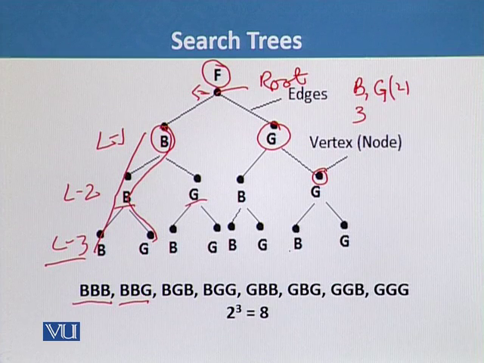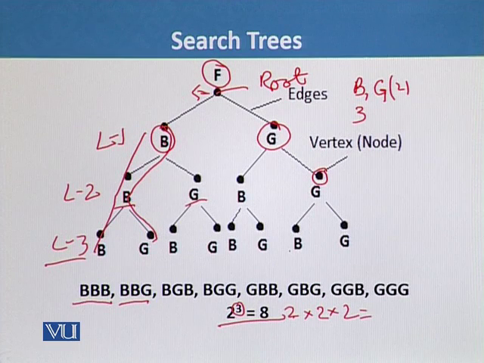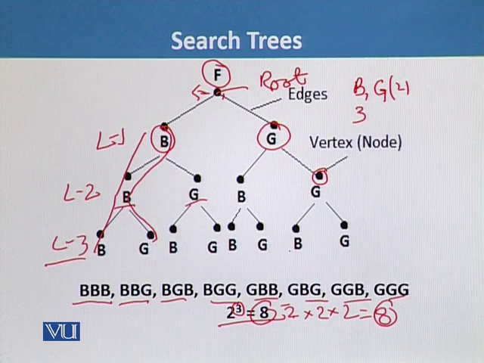We can calculate the total number of probabilities from this formula: 2 for boy and girl, and 3 for the levels of the tree. So the total will be 2 times 2 times 2, which is 2 times 2 is 4, and 4 times 2 is 8. So the total number of probable possibilities will be 8, and we can easily calculate it in this form. In the next slide we will see many algorithms that are used to